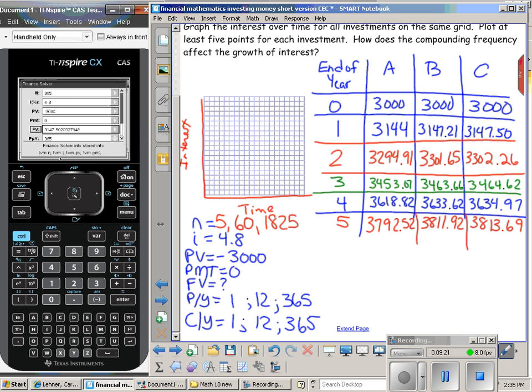And our time is at years 1, 2, 3, 4, and 5. I've spread it out so that we've got some room to look at. And our interest values go from just over $100 up to just over $800. So we can have 100, 200,